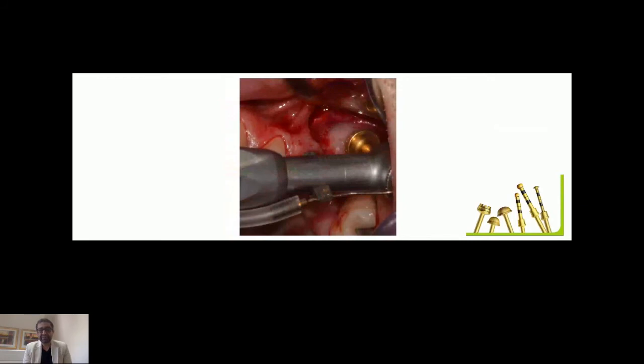And I want to spend some time on this slide actually. These are the burrs of the kit I was talking about on your lower right hand corner. These are the 2 burrs which my cursor is on now. These are the 2 burrs which are used for crestal approach. These have got a diameter of 3.3, and this is a diameter of 3.7. So you've got 2 burrs for crestal approach, 3.3 and 3.7, and then you have got the markings on the